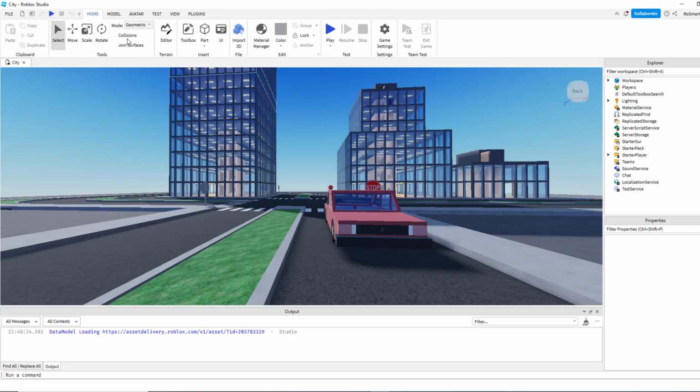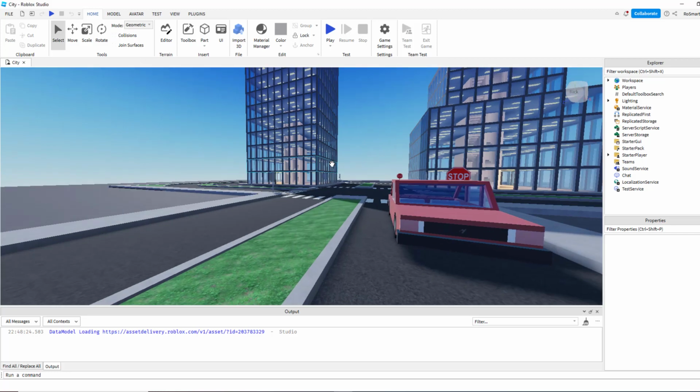Howdy ladies and gentlemen, and in today's quick tutorial I'm gonna show you how to make everyone headless in your